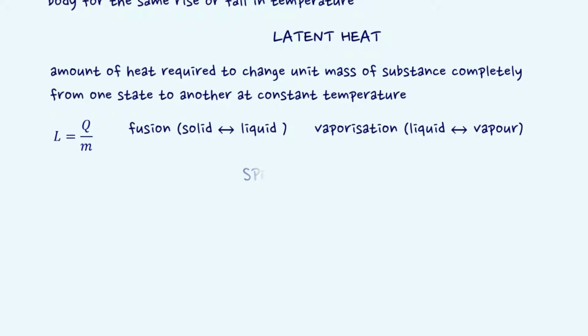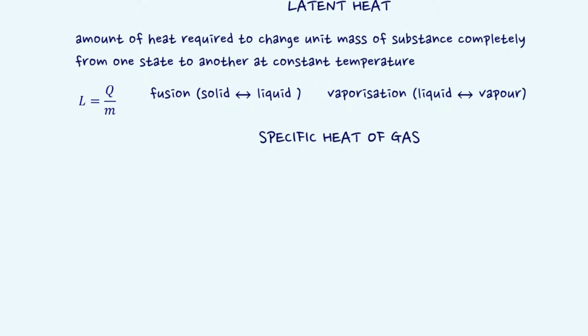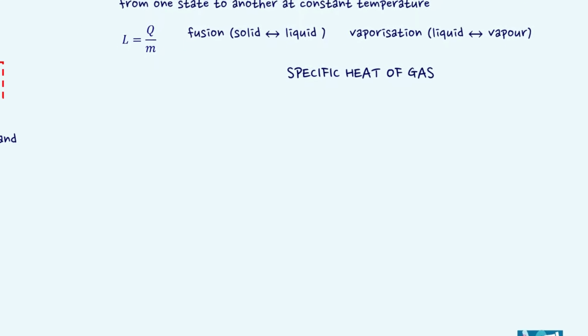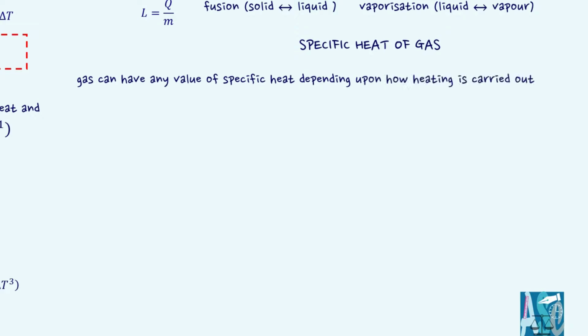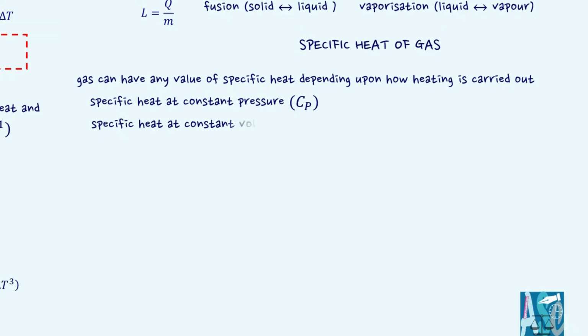In case of solid and liquid, variation in pressure and volume is negligible when temperature is varied. However, with gas it is not the same. In order to define the specific heat of a gas, it is necessary to specify the particular condition of pressure and or volume. The two principal specific heats of a gas are specific heat at constant pressure and specific heat at constant volume. We know specific heat at constant pressure is greater than specific heat at constant volume for a particular gas.